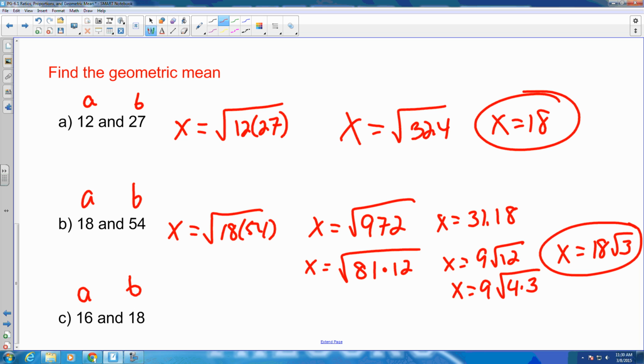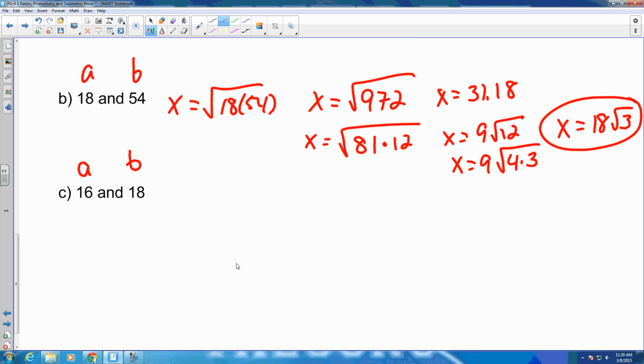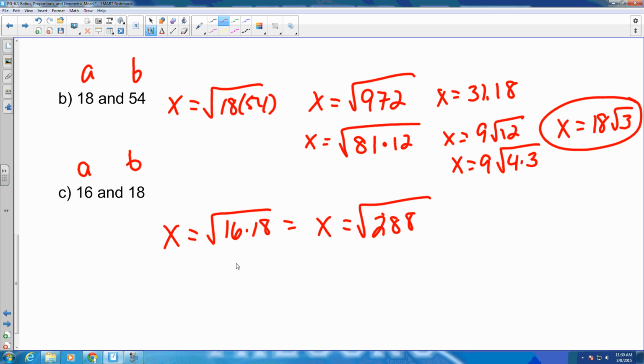Okay. Finally, we got 16 and 18, so that means x is going to equal the square root of 16 times 18, which gives me 288. And the square root of 288 is, again, roughly 16.97, but